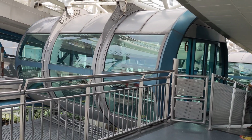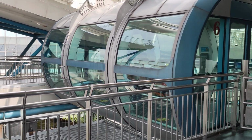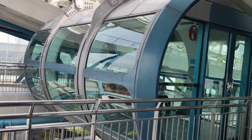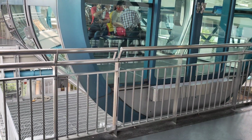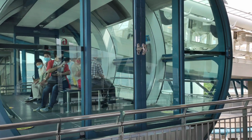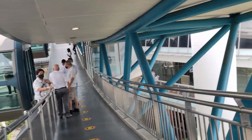So we are going to get a chance to ride it. Yes, it's a big capsule. From below there, it doesn't look that big, but it's super big, like 150, not 100. Wait, what happened to this? Okay, let's go. It's our turn. Here we go. We are moving in,